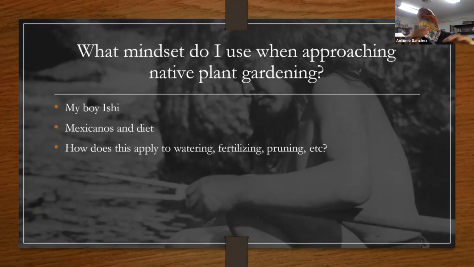It's a little bit not true because this is all accomplished with multiple people, right? In a group, in a tribe. It's very hard to do it on your own. But the point is that Ishi's people knew what to do and they knew how to sustain on that land. Your plants know how to sustain. As long as they've made it through a rainy year, you planted them correctly, you've given them deep water, they know what to do. And so now I want you to pretend that you're the anthropologist and Ishi's at his home